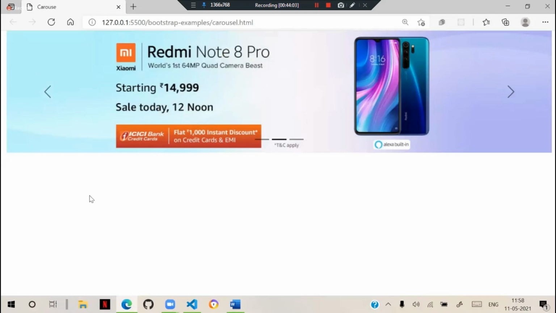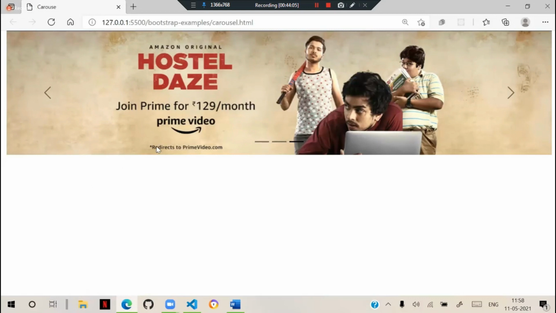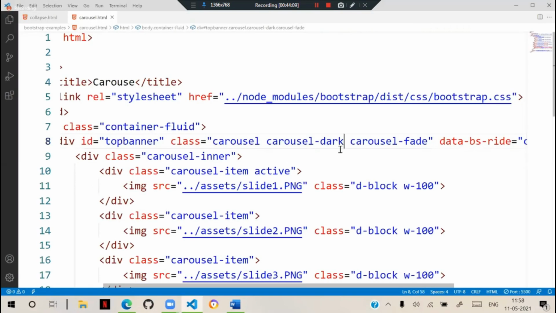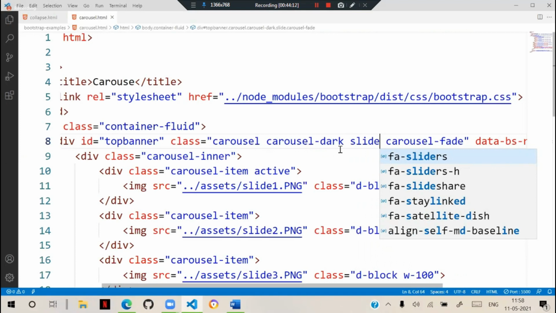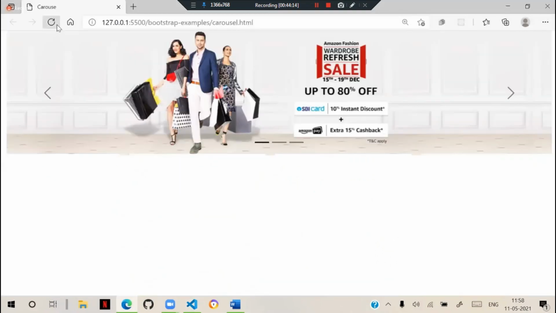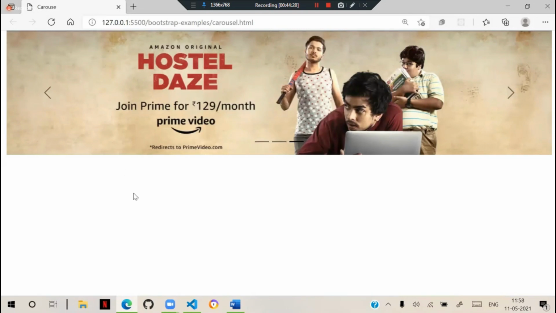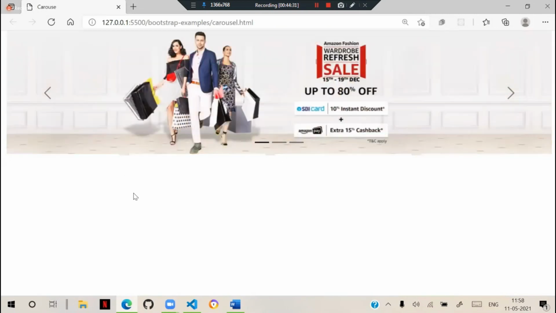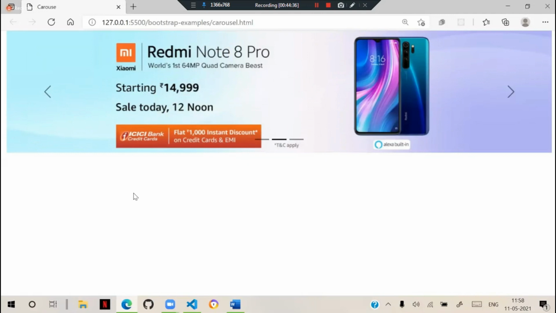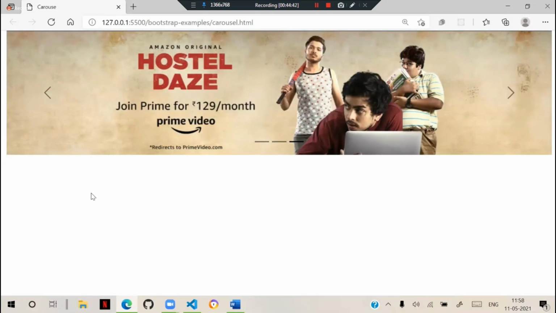But generally when you are giving the fade effect, suppose you give here slide and fade, these two options we are defining. The intention of slide and fade is that we can change the transition effect. You can see it looks like fading. It will not change immediately. See, it slowly transforms from one to another. If I don't give fade, then it will be slide. You have to give a combination of slide and fade.